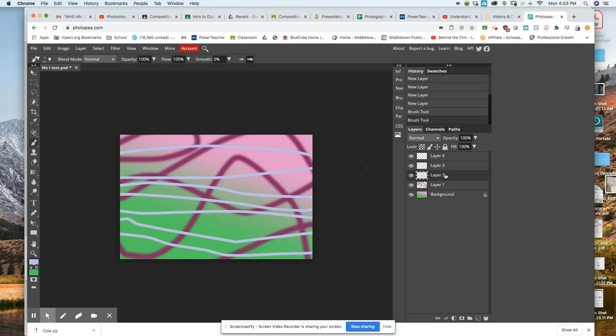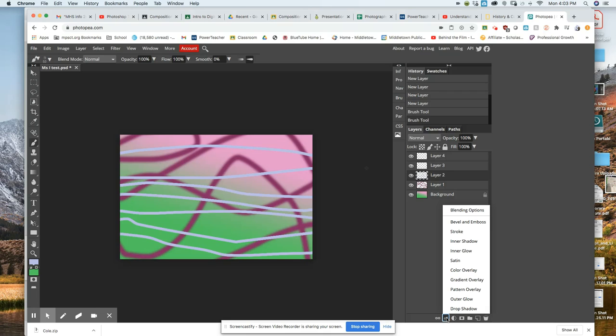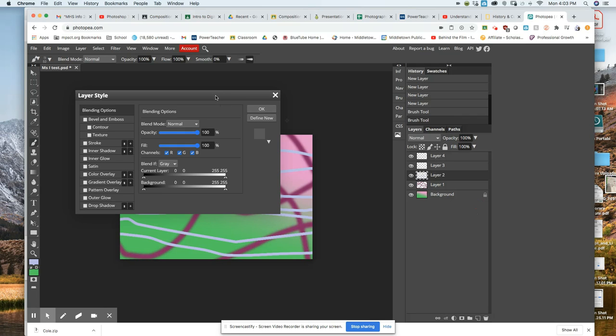So now I've brushed in both layer 2 and layer 1, and they're both sitting above my gradient on my background. And we're going to do some effects. If you go to blending options, you're going to get the menu that has all of these other options underneath,